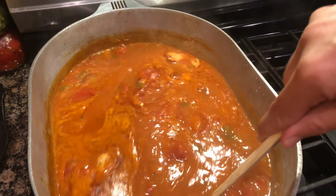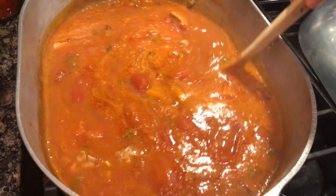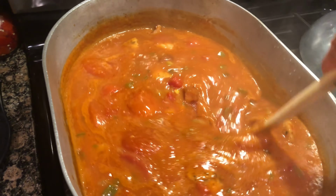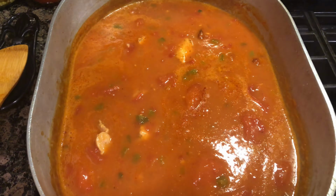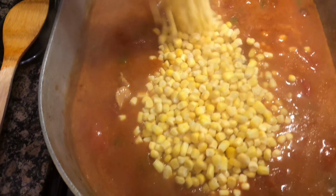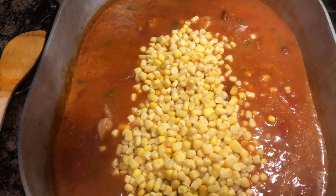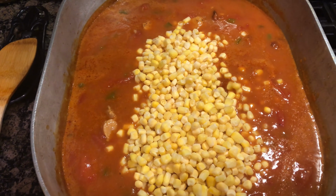Whew, man, y'all, I can just smell the flavors coming together right now. All right, so at this point, we are going to go ahead and add our corn in here. First I add a 24-ounce bag of frozen cut corn. I always go with the frozen corn, guys, because I just find the flavor has much more of a fresh